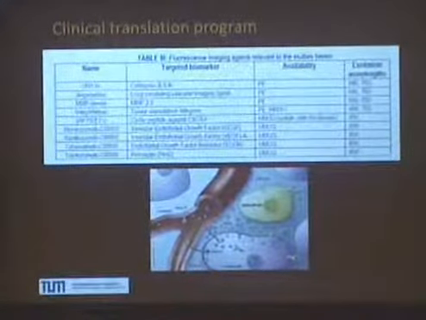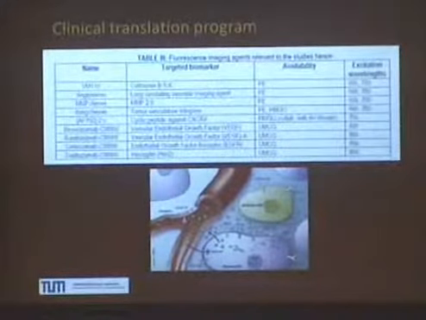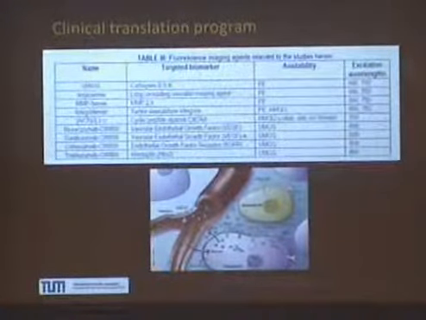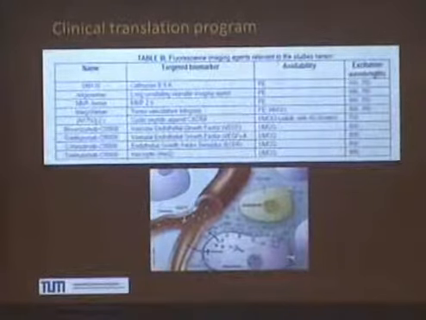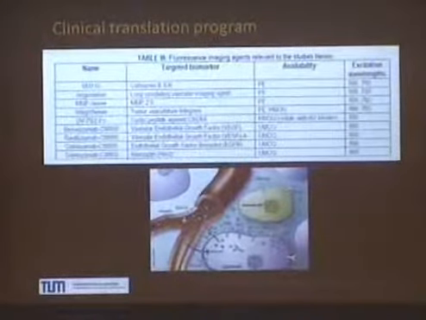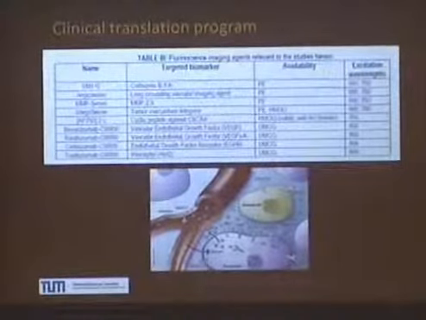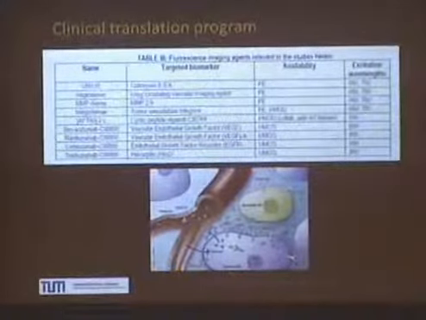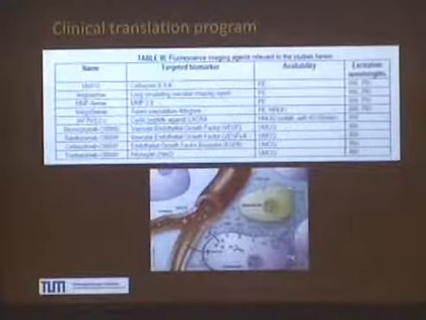So we have a clinical translation program we're trying to build up. Maybe this looks a little bit enthusiastic here, but pretty much we have all of these agents. I can just briefly tell you we have agents against cathepsins, against vascularization, matrix metalloproteinases, integrins, VEGF, EGFR too, pretty much receptors or enzymes that are associated with cancer growth and they're associated with the propagating front,